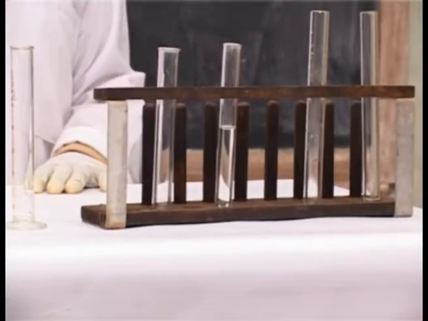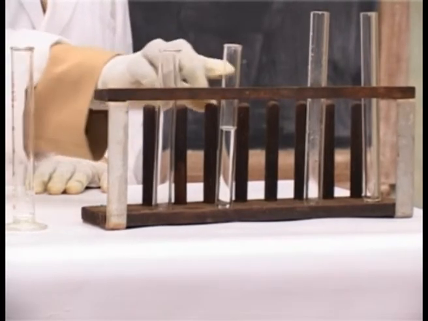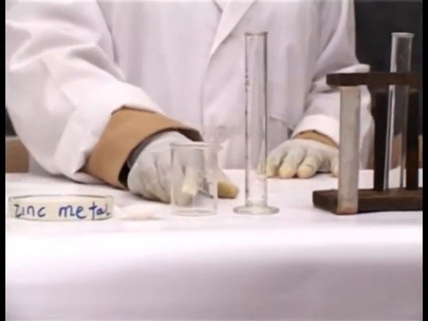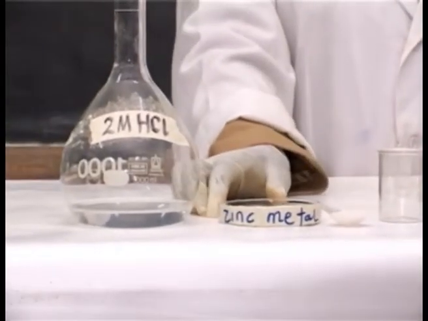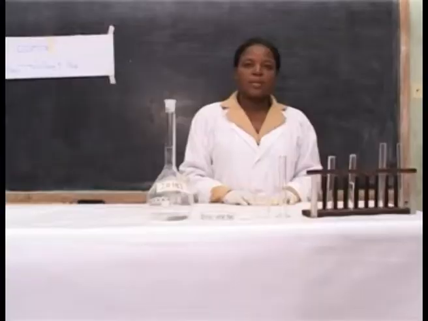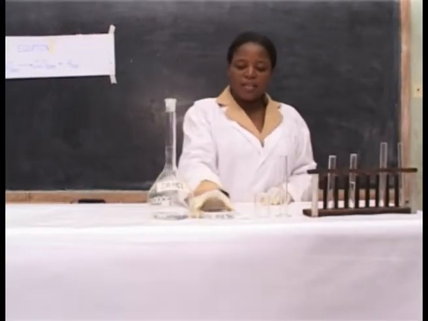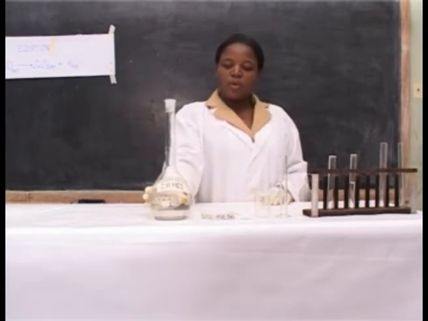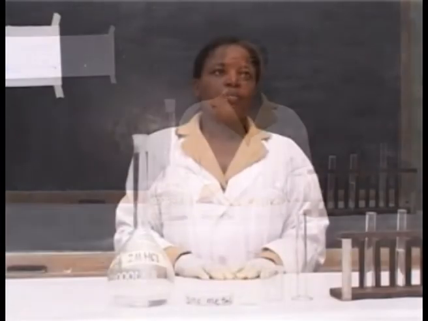Requirements: apparatus, test tube holder, test tubes, measuring cylinder, small beaker, spatula, watch glass, and volumetric flask. Chemicals: zinc granules and 2 molar hydrochloric acid. Procedure: